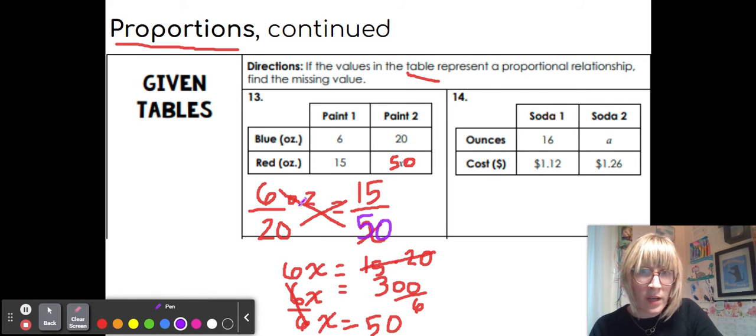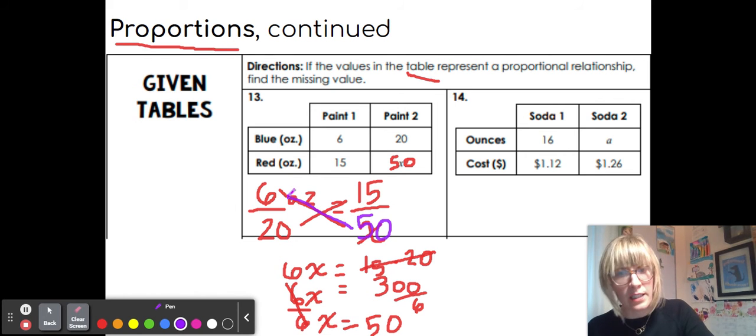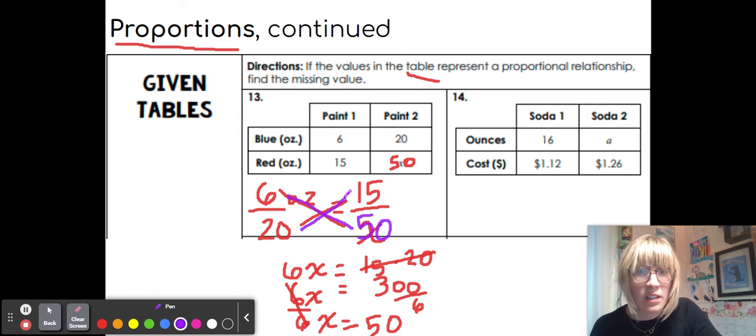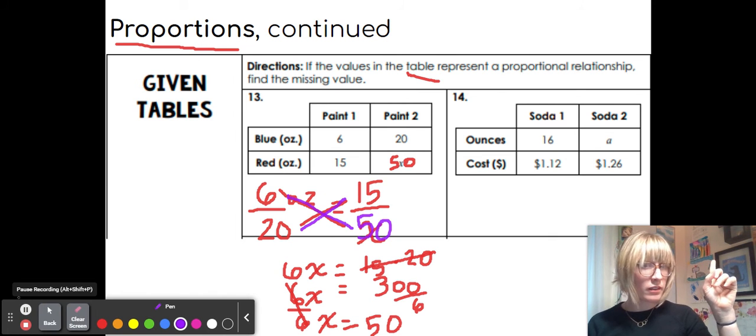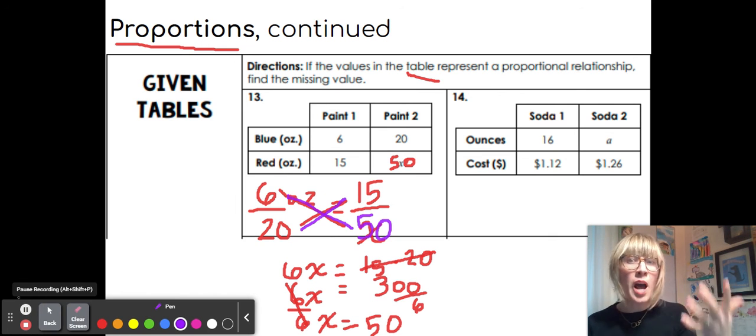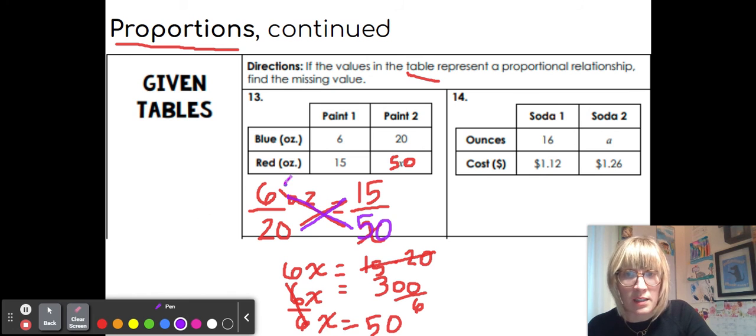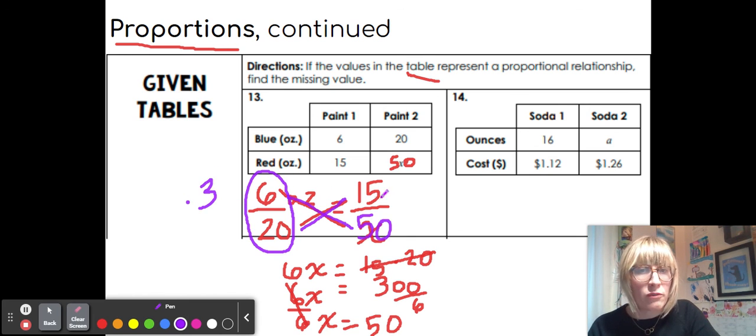You can do it one of two ways. You can go back and simply do cross products. 6 times 50 got us 300, and 20 times 15 also got us 300, so they're equivalent. You could also go the opposite route and think of this like a division problem. 6 divided by 20 gets you 0.3, and 15 divided by 50 gets you 0.3. Either way, they're equivalent. So you have checked and proven that